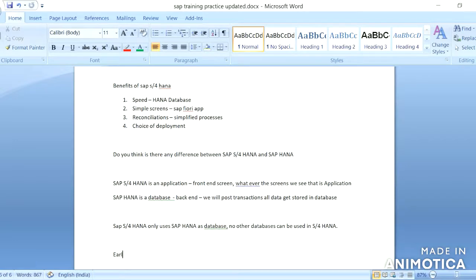Earlier in ECC, you can see they were using Oracle, Sybase, SQL, etc. as ECC databases.